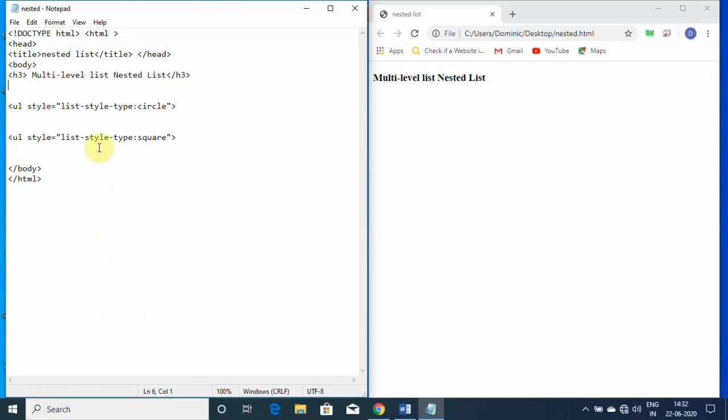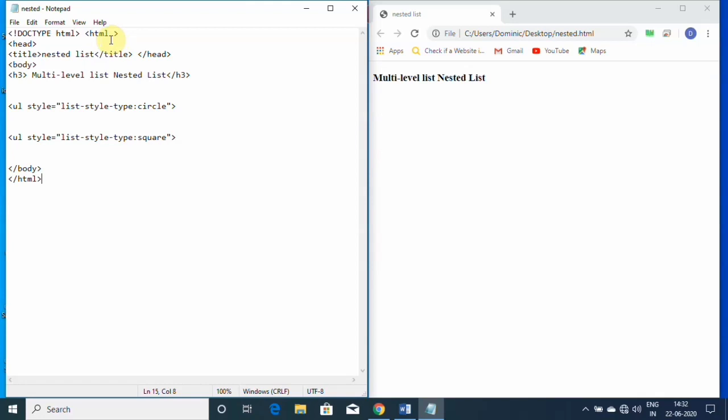First, open Notepad as well as the browser on your computer and arrange both applications side by side. Like this, I arrange Notepad on one side and the browser on the other side. It will help you see the output fast. Okay. So start with the basic tags.